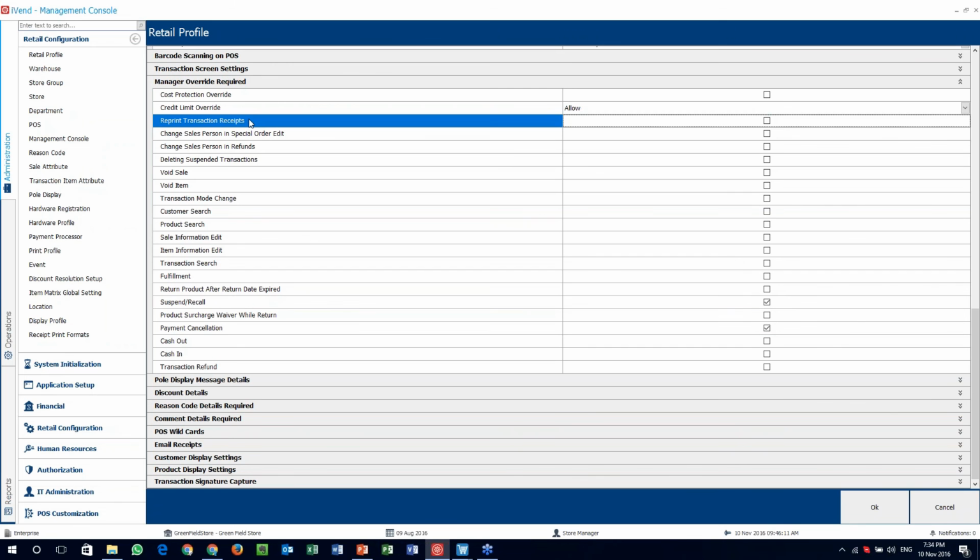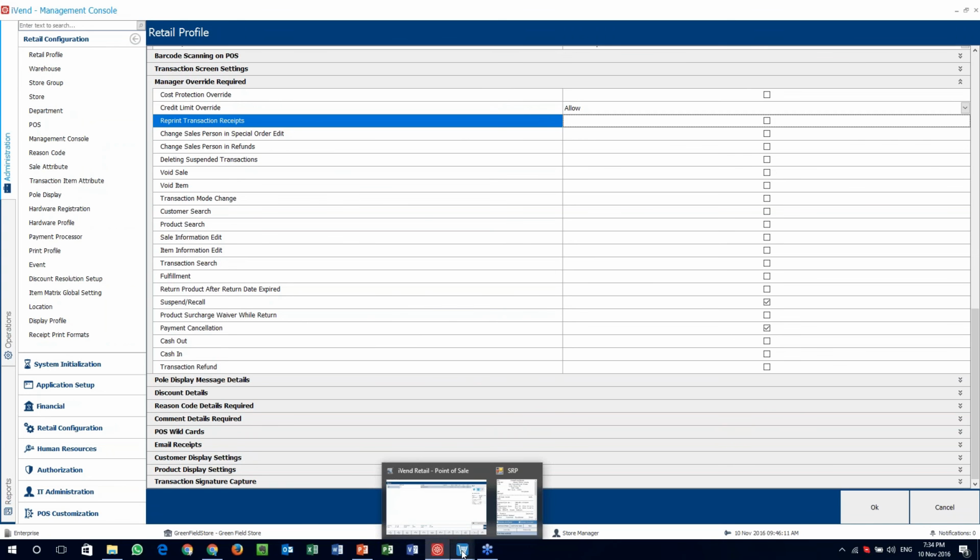Because please remember that at the end of the day, while iVend is an excellent computer system helping people work, it is not the only system, and it is certainly something that is complemented by a strong management system as well. So the entire idea is that you can use these to get the manager on site to authorize